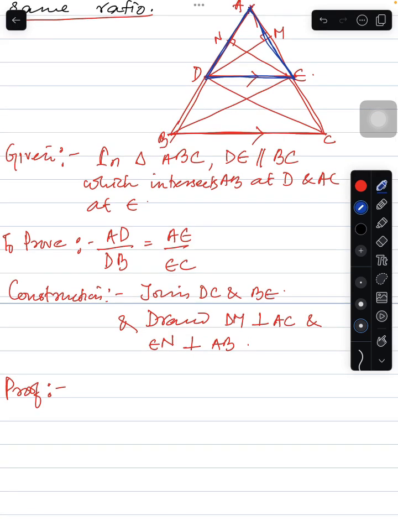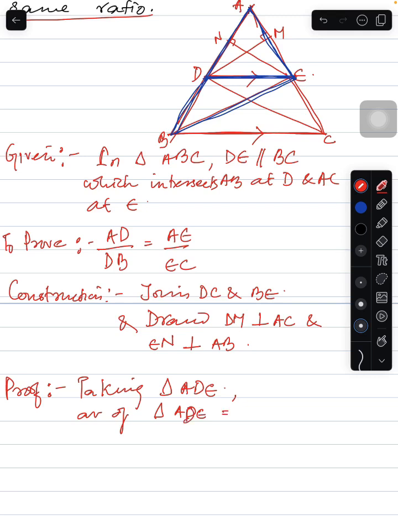So taking this triangle and this triangle, these two triangles you have to take. First, taking triangle ADE, area of triangle ADE